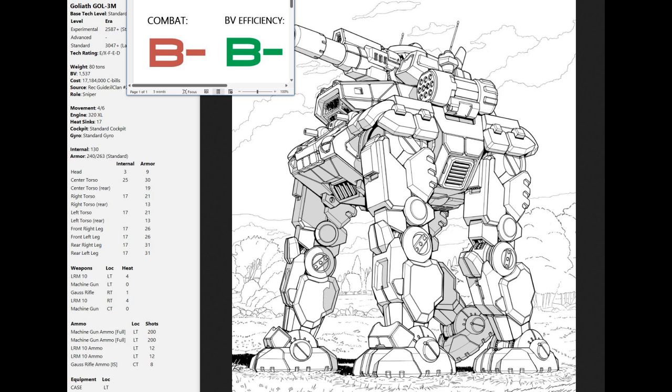Okay. And then you get down and there's only 8 shots of Gauss rifle ammunition. Uh-oh. So this thing doesn't have what it takes to sustain a barrage from its main weapon over the course of a game. That makes it pretty weak. You could potentially take it and just fire the Gauss rifle for 8 turns, and then you've got another 4 turns of LRM shooting, but honestly this makes the mech pretty bad, especially for the pretty high battle value cost